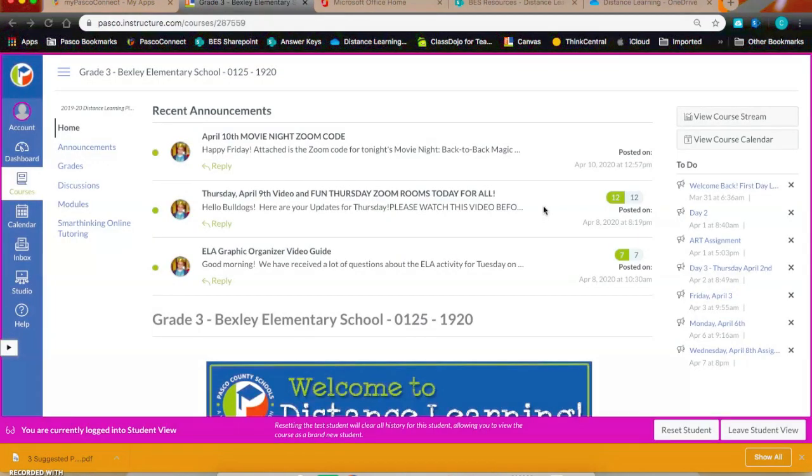The next change we have made is we are no longer going to be posting the Zoom room codes as they pop up every 2 hours between the periods of 10 and 4. It was starting to clutter up the announcements and having us maybe miss some more important announcements that pop up. So we're going to try to keep the announcements area for new posts for the day or new information for everybody. If you would like to access the Zoom sessions, they are still going to be provided between 10 and 4 every day. You can go into the discussion section,